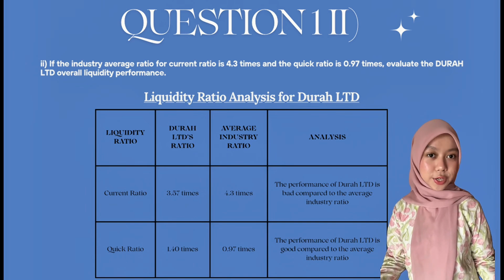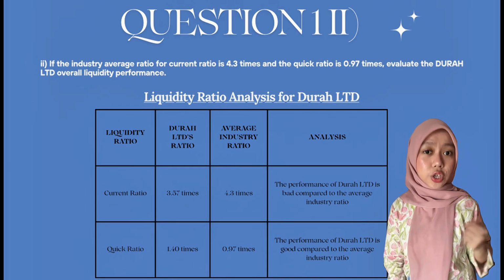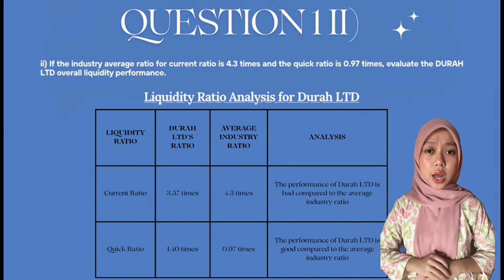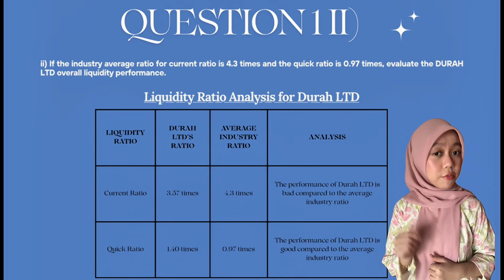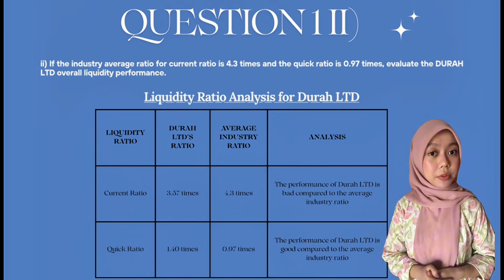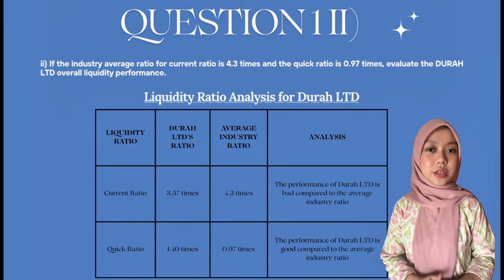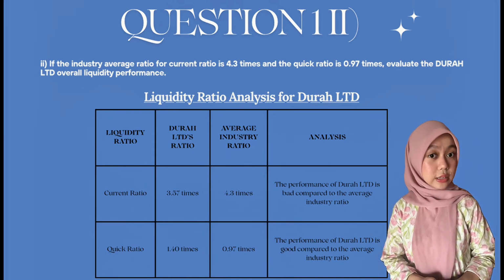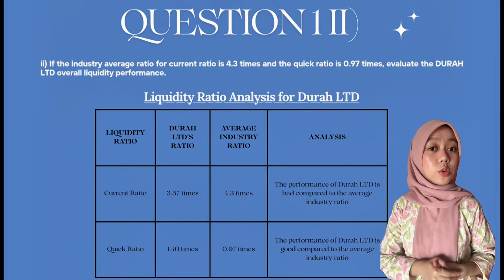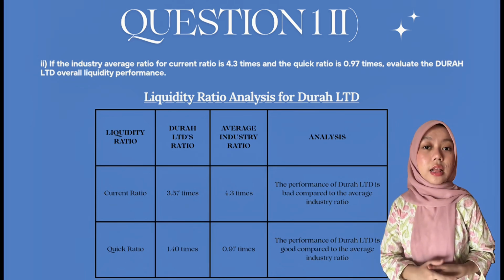First, the current ratio for Dura Ltd is 3.57 times. Meanwhile, the average industry ratio is 4.3 times. This shows the performance of Dura Ltd is bad compared to the average industry ratio. It means they are not able to cover their current liabilities using their current assets. My statement can be supported according to K.R. Subramaniam's financial statement analysis, where a lower current ratio relative to the average industry ratio can signal potential liquidity